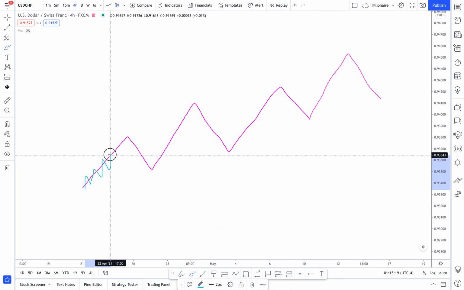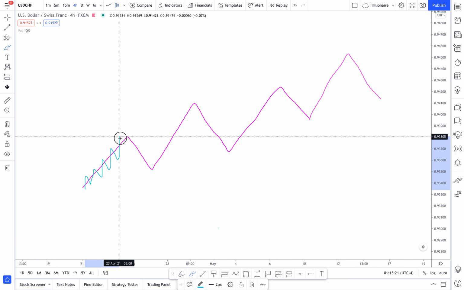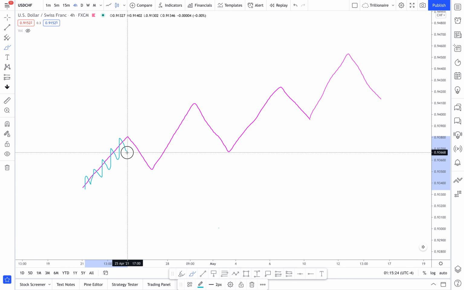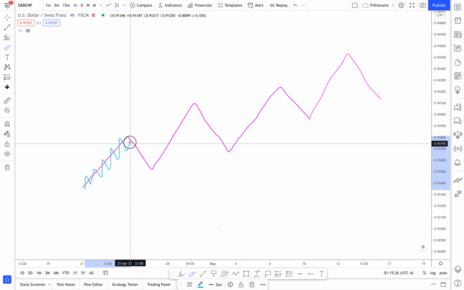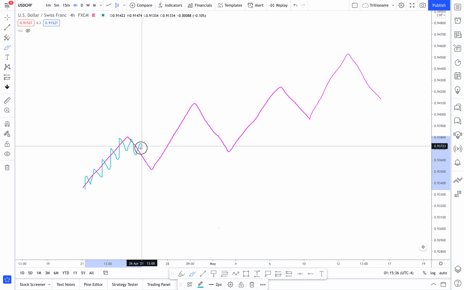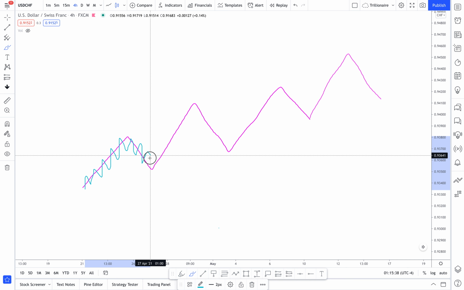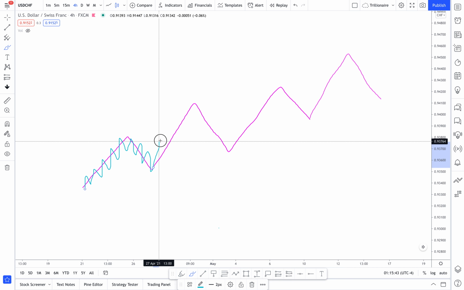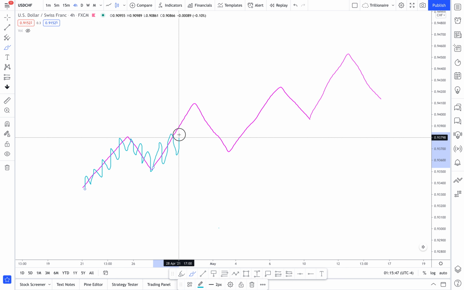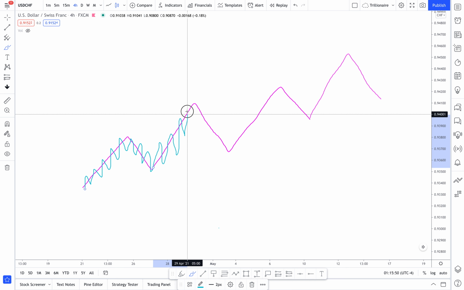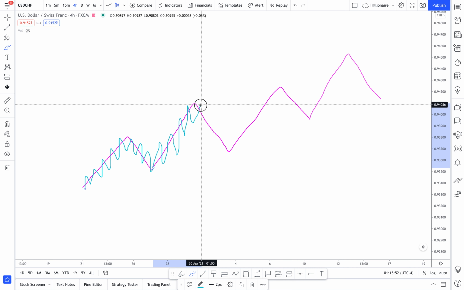I'm going to see price print higher highs and higher lows. Then when I start to get on this retracement leg, price is going to create a double top, so to speak, or a failure high. We're going to break structure to the downside, and then I'm going to see lower lows, lower highs, lower lows, lower highs. The same thing is going to happen when I get back to this uptrend. Then I'm going to see a break of structure, higher highs, higher lows, higher highs, higher lows. So that's how price moves